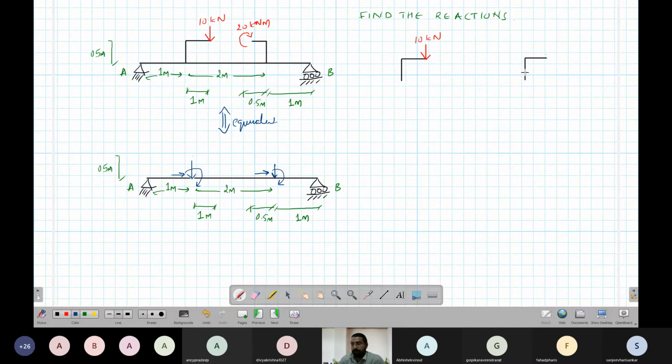So I'm replacing it by, let's say, Fx, Fy and M. So this is system 1, system 2. These two systems are the same. So because of that we can always write